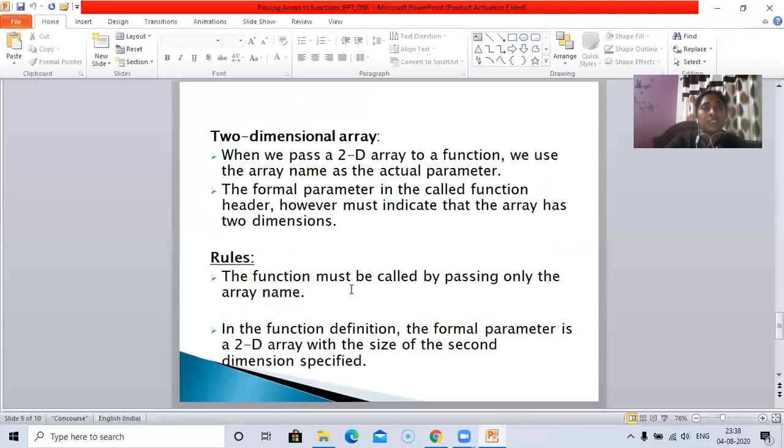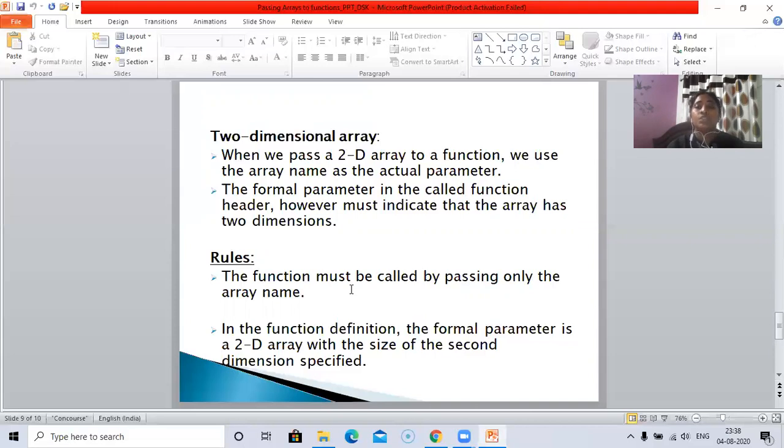Right. Now, two-dimensional entire array passing. When we pass a 2D array to a function, we use the array name as the actual parameter. The formal parameter in the called function header, however, must indicate that the array has two dimensions.